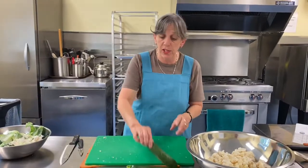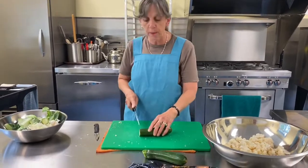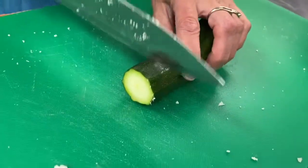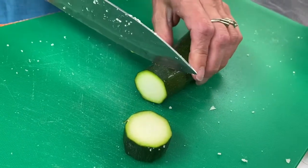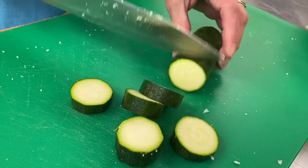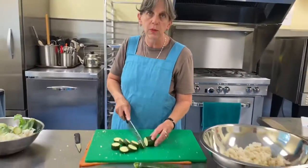There's the cauliflower done. The zucchini, I want to cut it into about 1/2-inch coins. So by coins, I mean just in circles, right? So that's probably a 1/2 inch right there, maybe more. That's probably closer to a 1/2 inch. I figure my finger's a 1/4 inch, so you know, if I cut my finger,